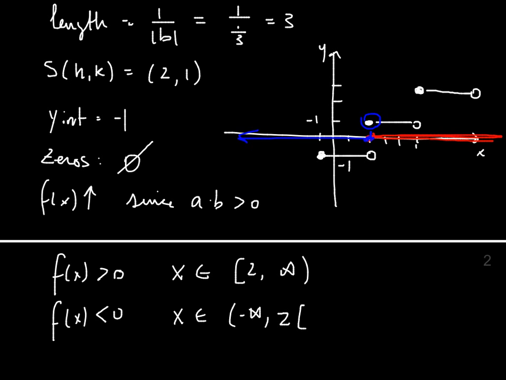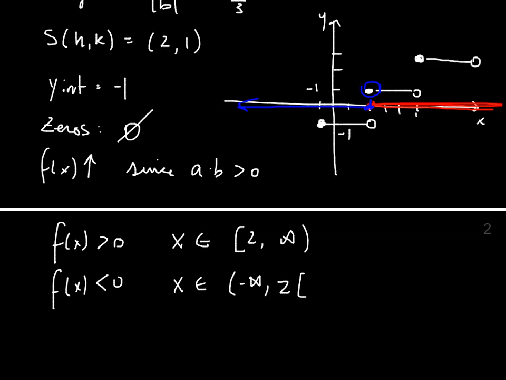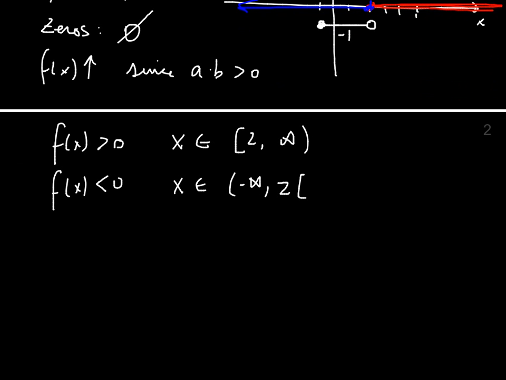And what else is there that we can analyze about this? I think that's pretty much it. Oh yes, one more thing, the domain and the range. A step function's domain is always all the real numbers, so x belongs to all the real numbers. And the range,